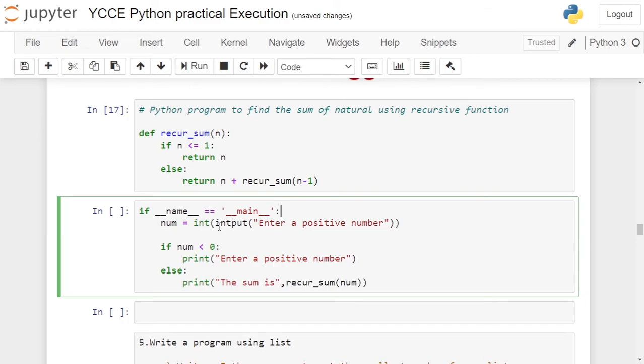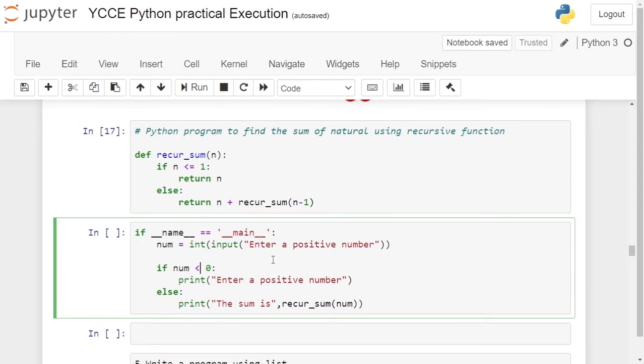We will ask the user to enter a number using input function. Here the function name should be input. We are asking the user to enter a positive number. User will enter a positive number that will be stored in num variable. If num is less than 0, we will ask the user to enter a positive number and program terminates.